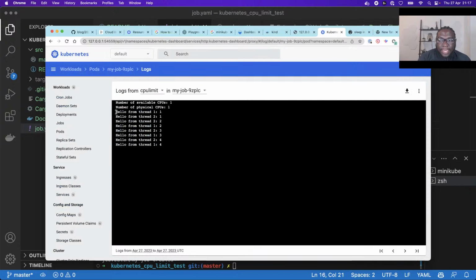So let's say your program is requesting CPU time, but then Kubernetes realizes, oh, your program is using this amount of CPU. It kind of does a thread.sleep on your program, and then when there's enough time,